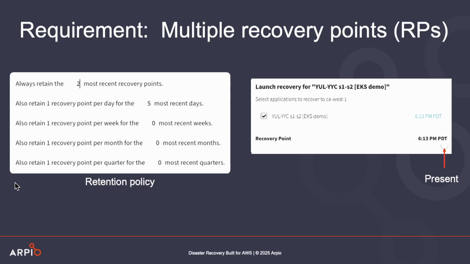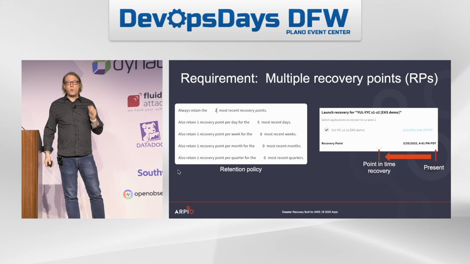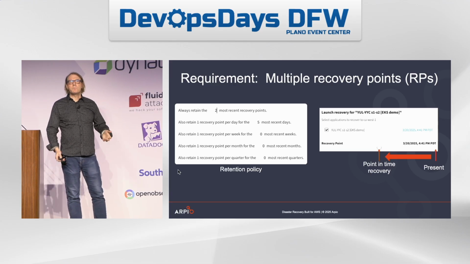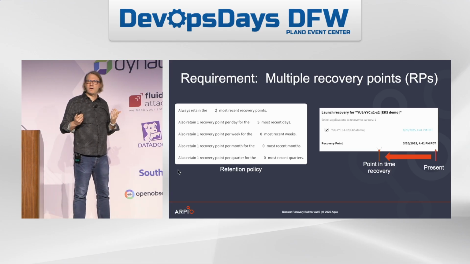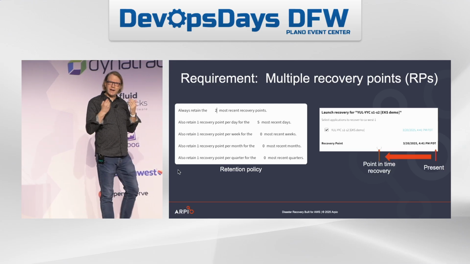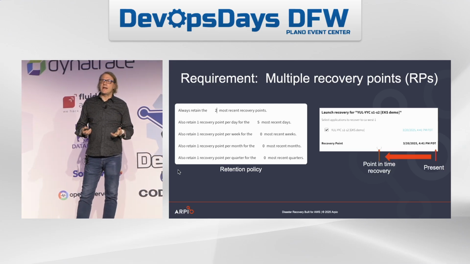And also the thing about having multiple recovery points, this is really going to help with the ransomware case. Imagine you're attacked by ransomware today. You can then do a point-in-time recovery of yesterday, bring back good data before the ransomware ever attacked it. You're bringing it up in a separate account, separate region, and you're back up and running.